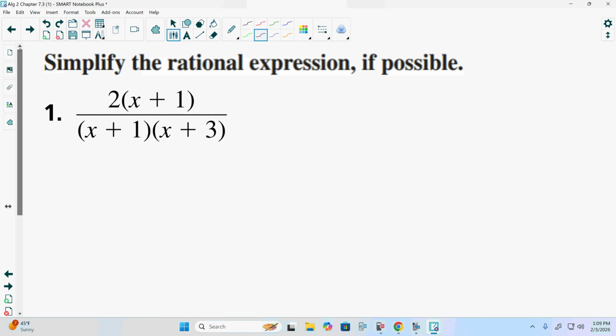So let's look at the second one. We have 2 times x plus 1 over x plus 1 times x plus 3. Do we have something in common on top and bottom? Well, yes, the x plus 1. Now,